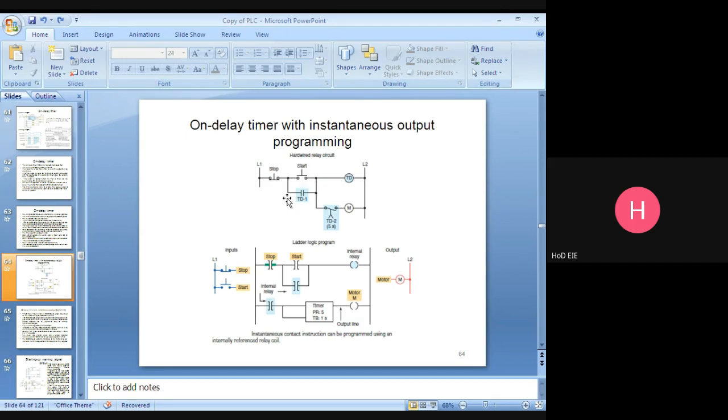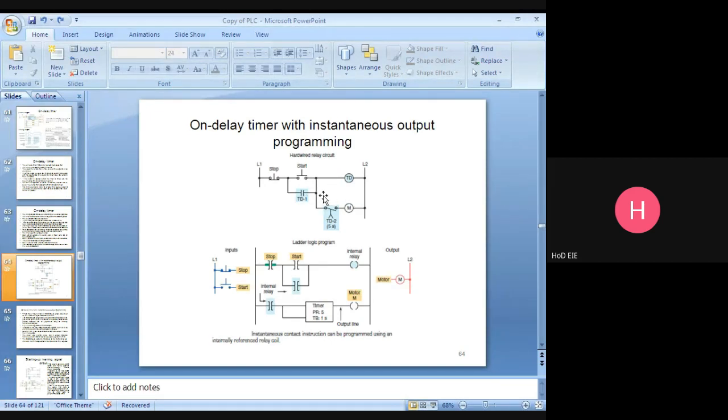Even though this one is open, the power will go like this and keep energizing the coil. Got it? Vijay? Got it, sir. Seal in contact, holding circuit, all that we have already seen. Okay.